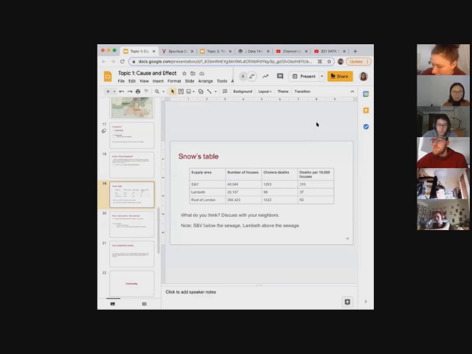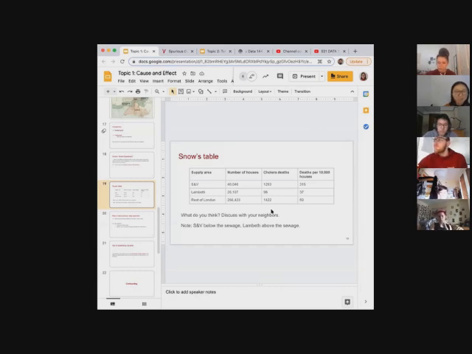all right, so let's hear from some of you if you're willing to share your thoughts. Given this table, we compare the deaths per 10,000 houses in the two areas. And remember, we have controlled for the other characteristics of those households. They're only different by the water source that you're taking. So anybody wants to share what you think, or the discussion out of your breakout room? What is your conclusion here and why?